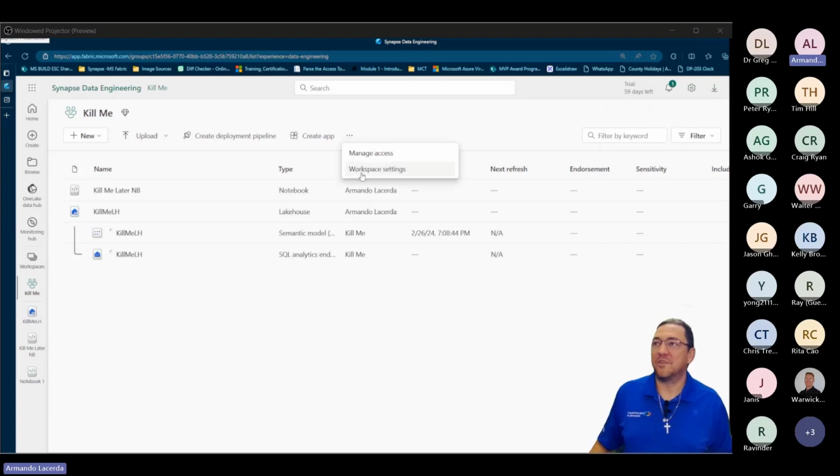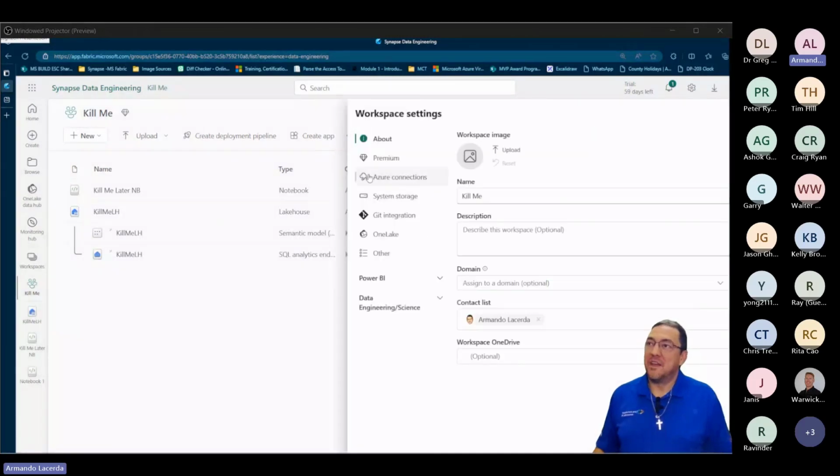Workspace settings. Wrong click. All these months working this thing, I keep clicking the wrong one. And when I see settings, I always look into this guy here. But for the workspace in particular, it is these 3 dots here, workspace settings. So here we are. Here in the workspace, you see we have a lot more options than we used to have when it was just Power BI.